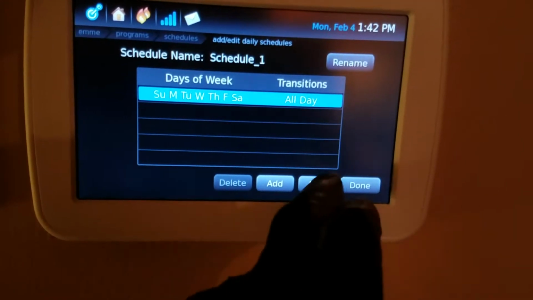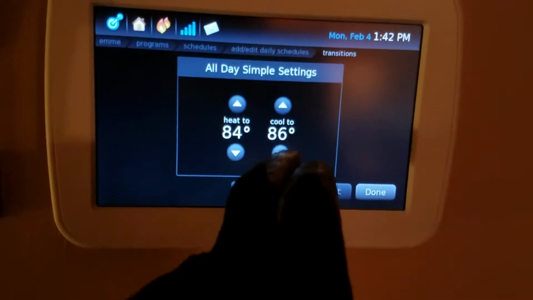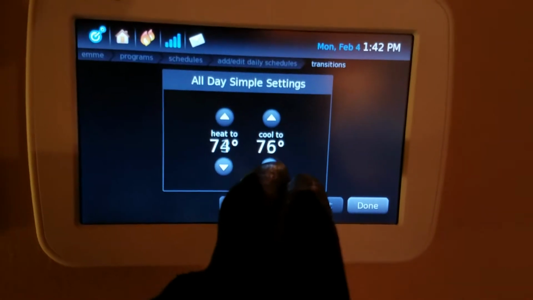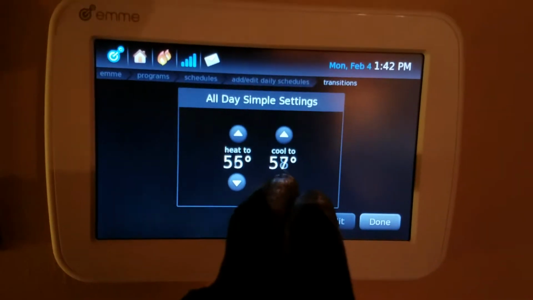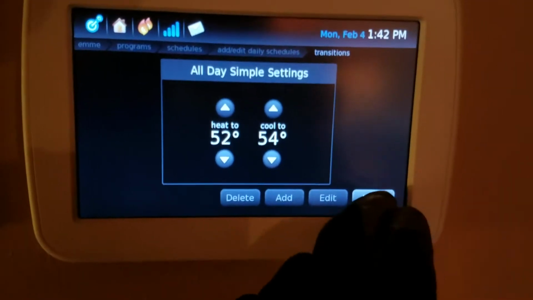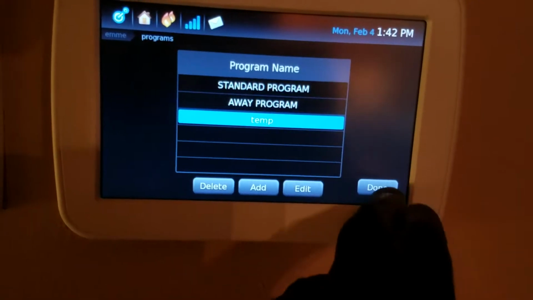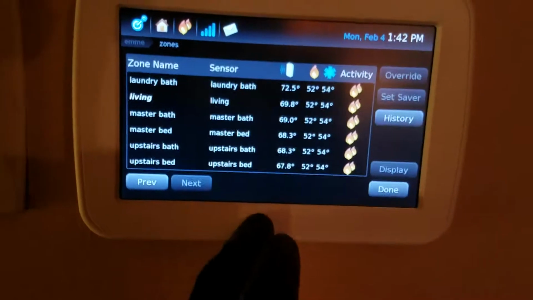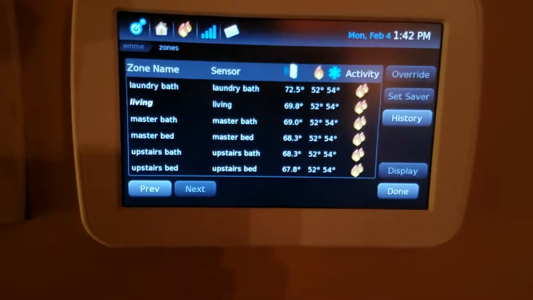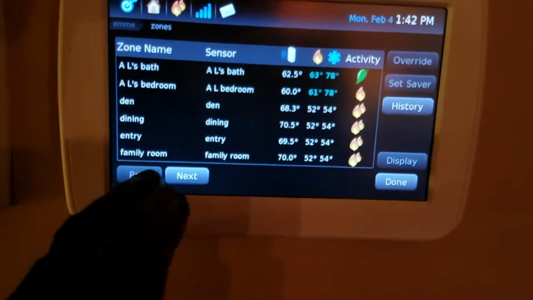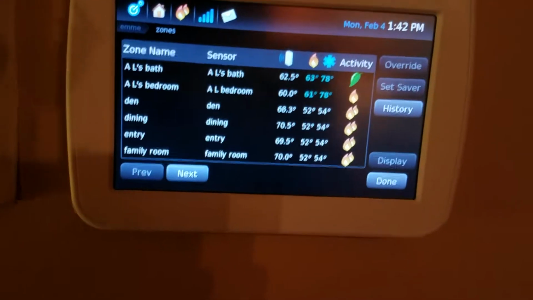Anyways, so that means if you edit this and you want your cooling to come on, you can go clear down to 50 degrees or something drastic, it doesn't matter. Push done. Done all the way out. Go to your zones. Look at that, cooling set for 54 degrees. So now your cooling is going to come on in all of them. So what's nice about all of them calling for cooling now